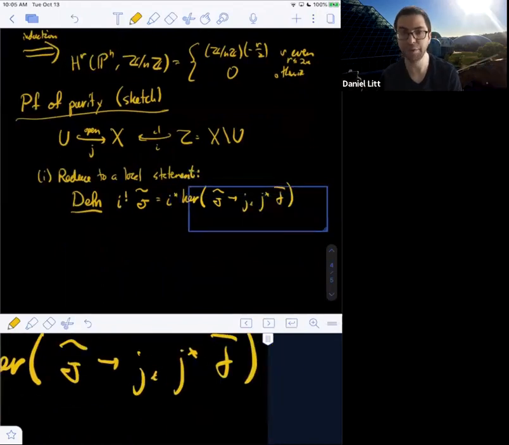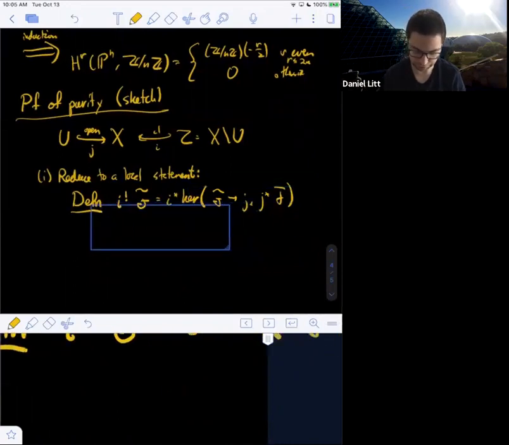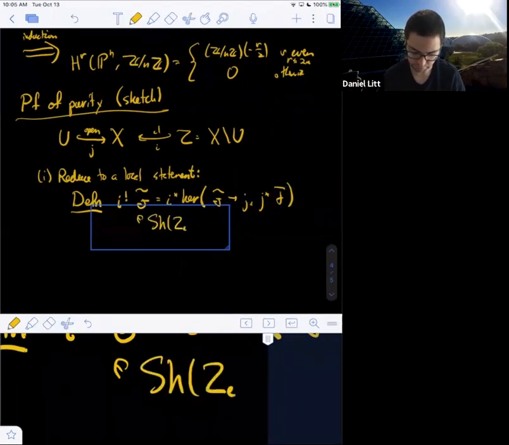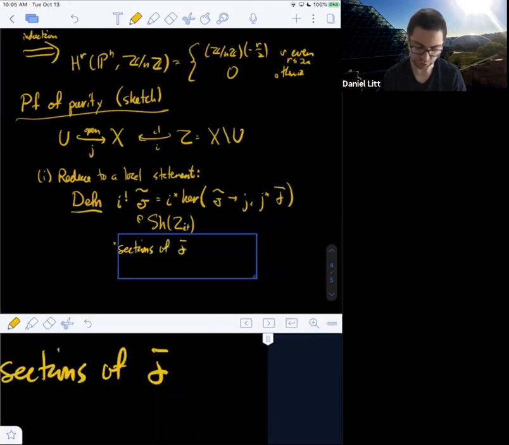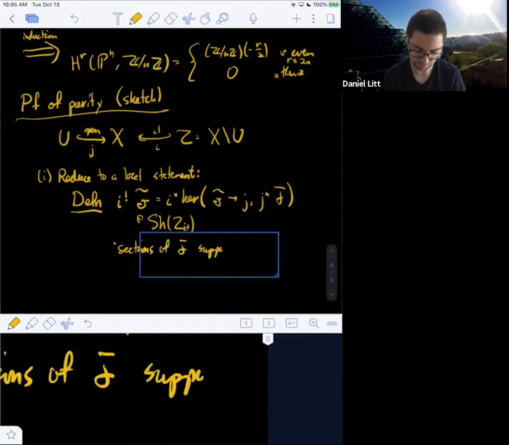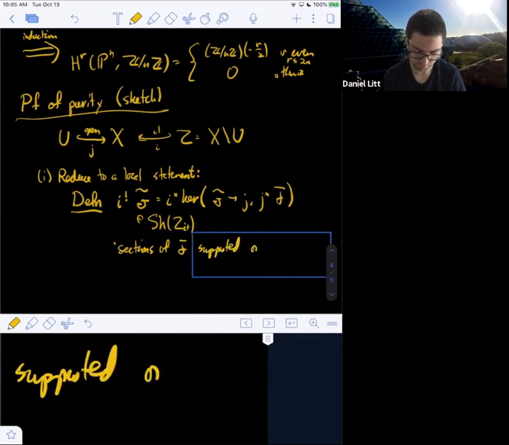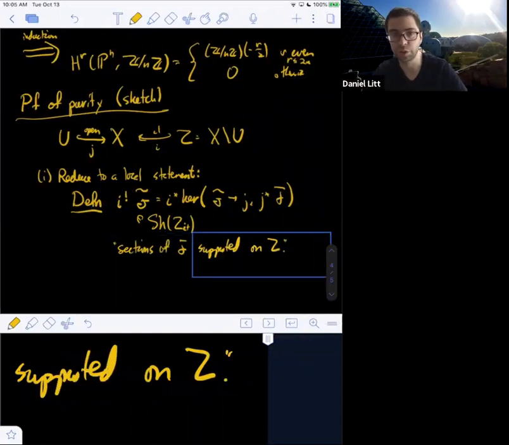It takes a section of F and restricts it to its value on U. So this is a sheaf on Z, and people call it I upper shriek, but what is it? It's taking the sections of F supported on Z. As we'll see in a moment, this is a kind of local version of taking global sections with support.